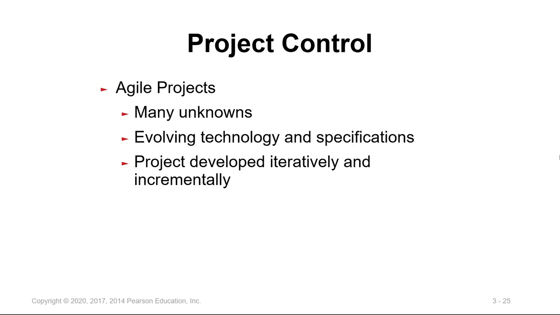planning for these activities. If the project has many unknowns and requires the use of new and evolving technologies, maybe also has continuous change in specifications, it will be called an agile project. The project will be developed iteratively and incrementally. We have lots of unknowns, so we cannot plan ahead of time if I don't know what to plan for. So for that reason, we start developing incrementally. Every time I finish a phase, I will move to the next phase. By doing this, we will have at least some information that will assist me in moving to the next stage